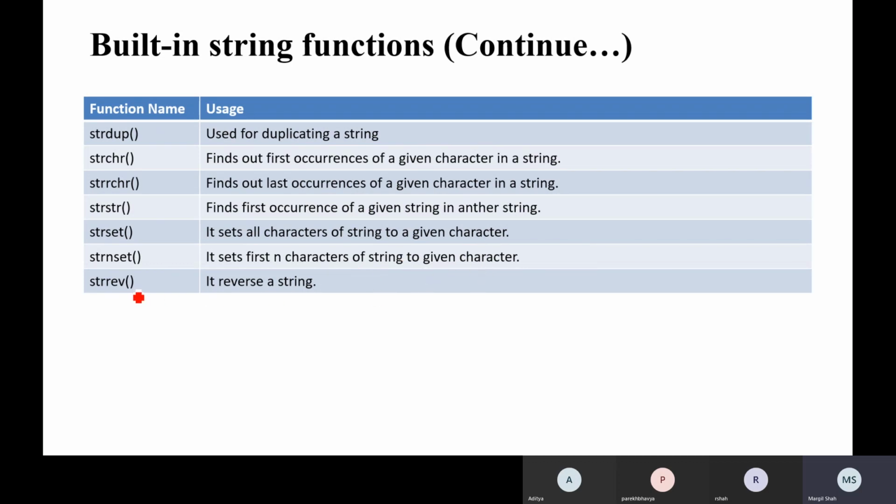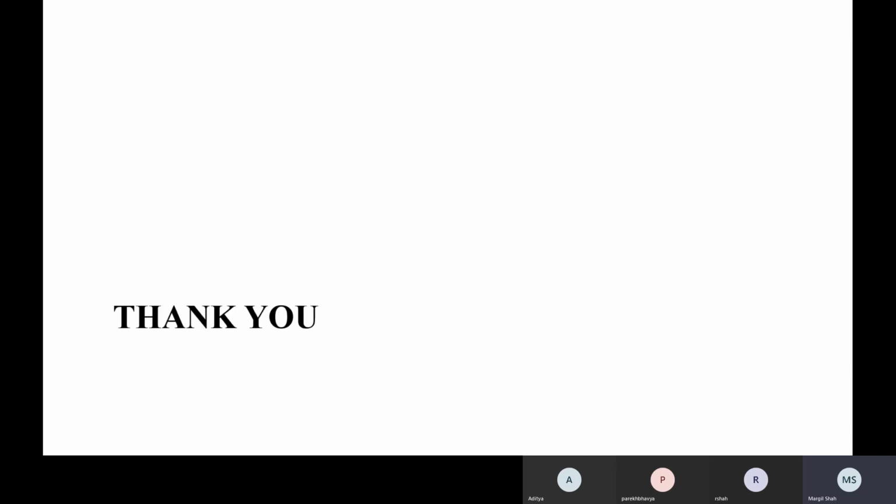Then strrev reverses the string. So these are the functions available in the C language, and this is the end of this chapter.